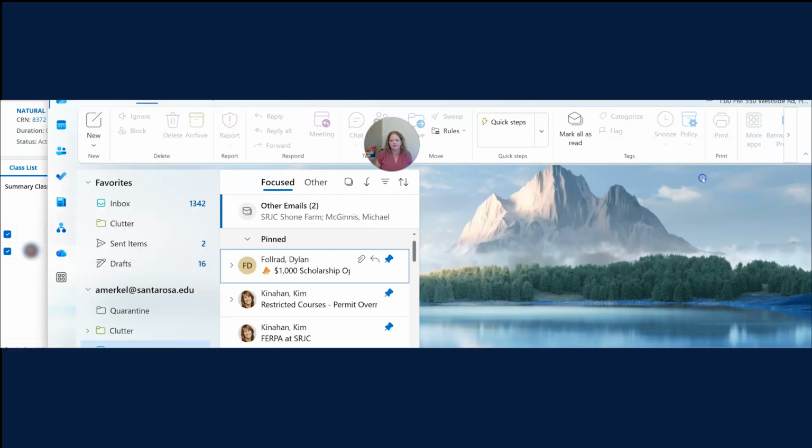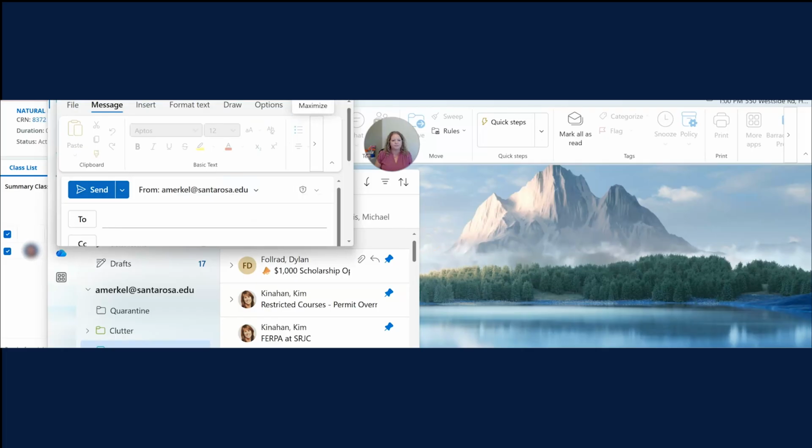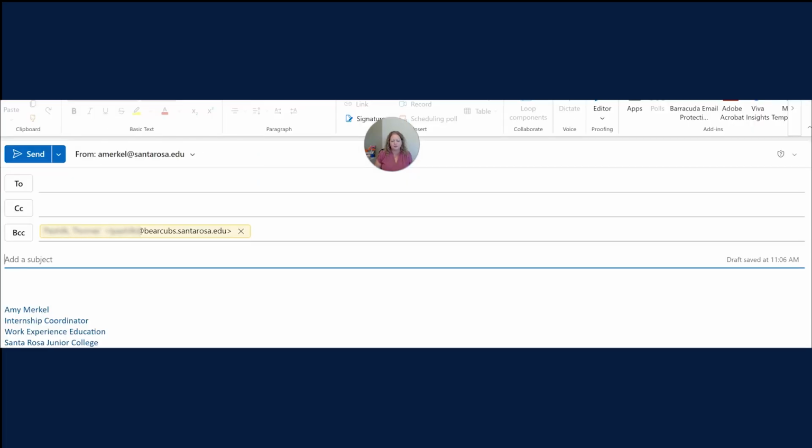And I am on campus, and so my default email is my SRJC email, okay? If you are at home, it could be that your default email is your Gmail or your Yahoo or whatever, and it may send the emails of the students into that system. If you don't want that, then you need to make your SRJC Outlook your default email. You can just Google that. There are videos to show you how to do that. Or you could take them from that email platform, copy the student's email, and put it over here into Outlook,